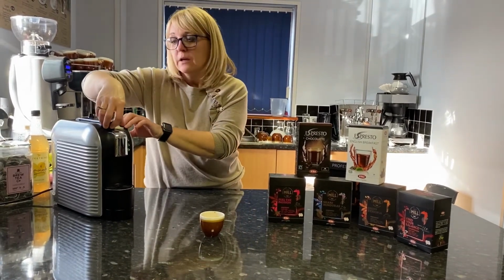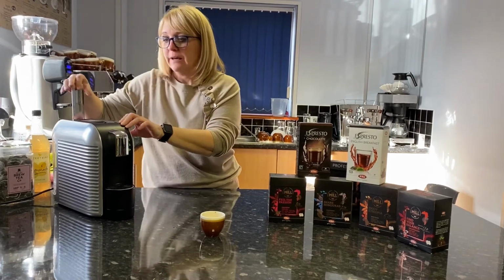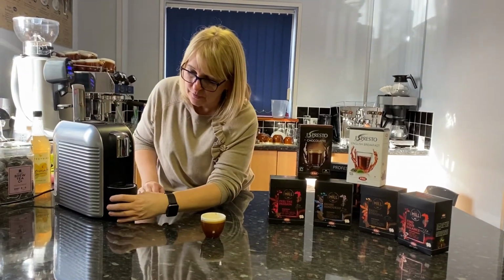And then to reject the used capsule, just pull the arm and it will drop through into the waste container